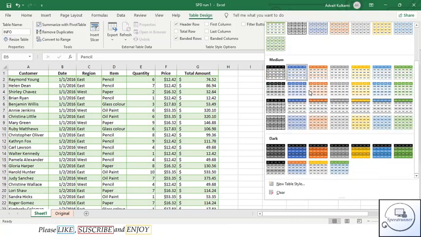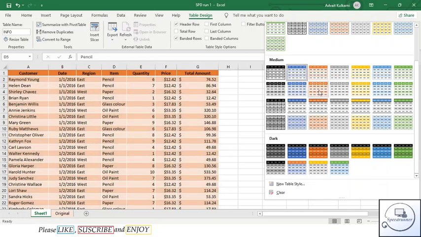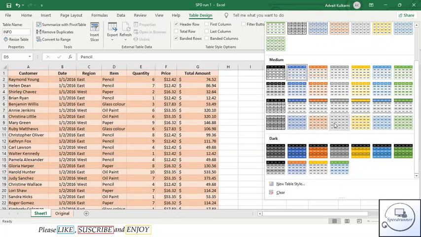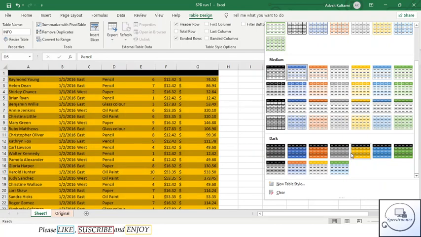These are the options available in light, and under the dark we have these available options.